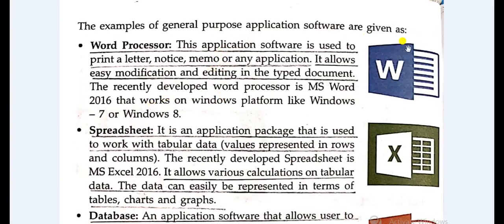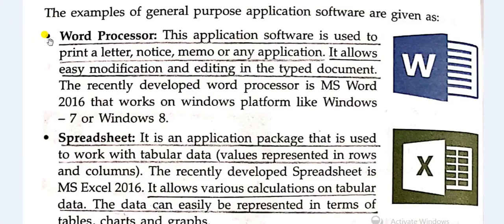The examples of general purpose application software are given as follows. Word processor. This application software is used to print a letter, notice, memo or any application. It allows easy modification and editing in the typed document.